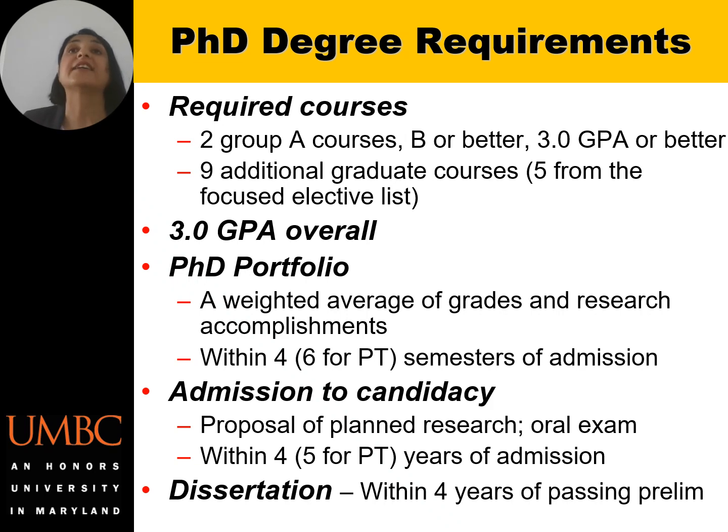you need to do much more research, select the topic of the project that you want to work on for your thesis as a PhD student, and then you defend your proposal within 4 years for the full-time students, or 5 years for the part-time students. And then you will become a PhD candidate. After defending your proposal, you again have some time to complete your research and defend your dissertation within the 4 years after.